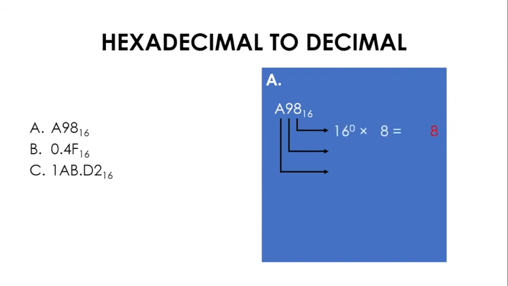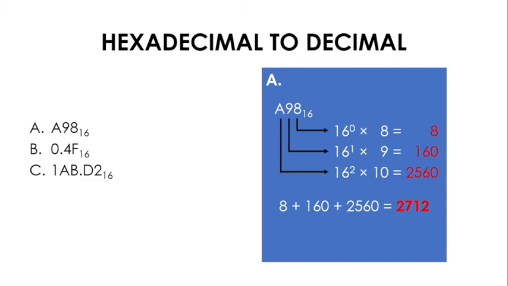So 16 raised to 0 times 8 is equal to 8. 16 raised to 1 times 9 is equal to 144. And 16 raised to 2 times 10 is equal to 2560. The next step is to add the products, and you'll have the sum of 2712. So the decimal equivalent of A98 hexadecimal is